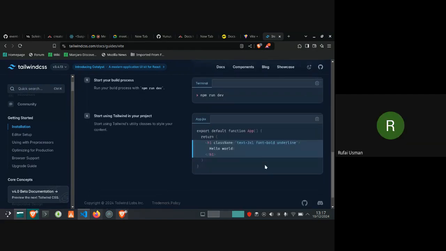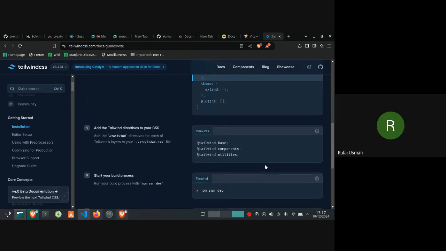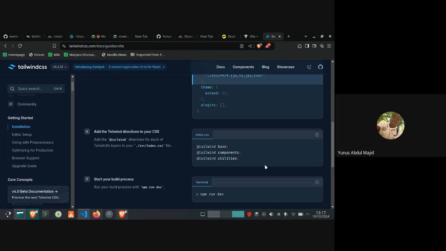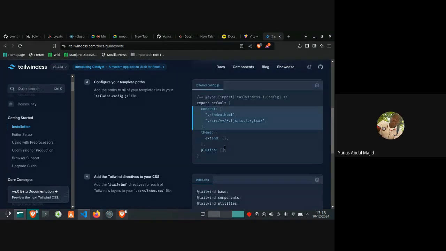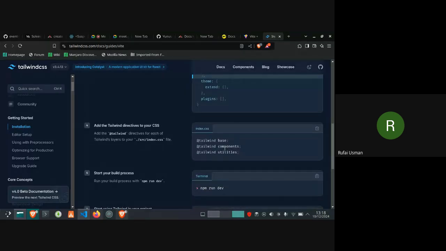That can also be in either index.css or app.css. It will be inside the index.css because that's the convention. I think I pasted it in my own global app.css and it worked. It will also work, but this is more like just the convention, but it will also work. Okay, that's all.